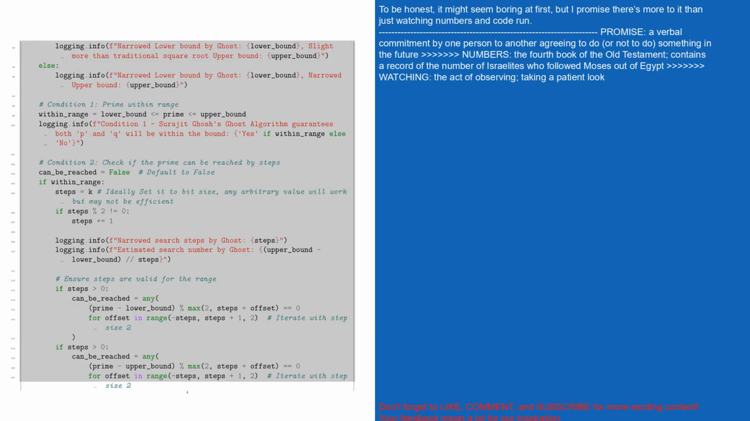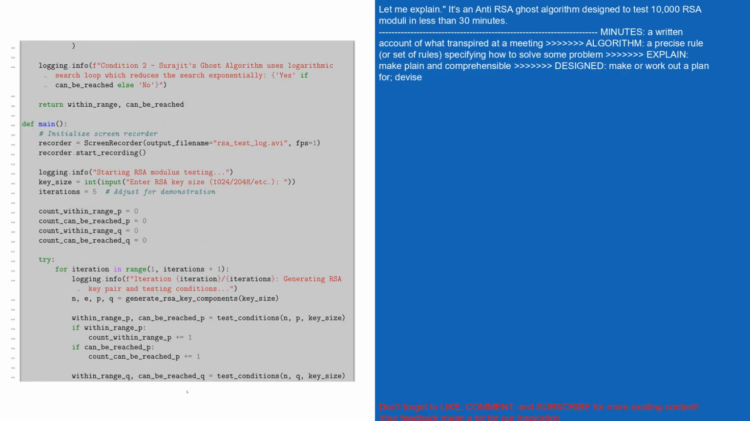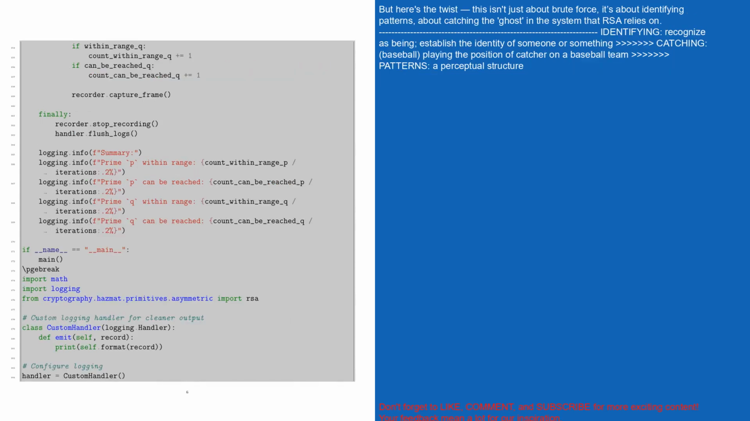To begin, we draw on the power of Python's rich ecosystem. Libraries like math help us crunch numbers, while logging ensures every step is meticulously documented. But this isn't your standard logging setup. Enter the PageWise handler, a custom-built solution that breaks down the flood of logs into easy-to-read chunks, providing clarity and